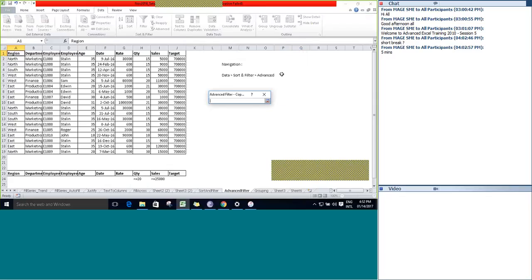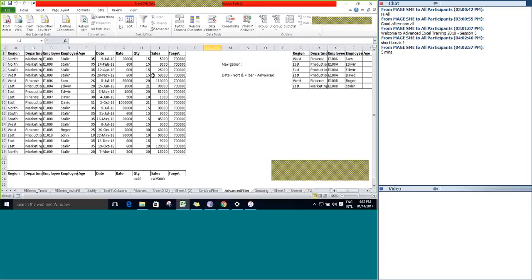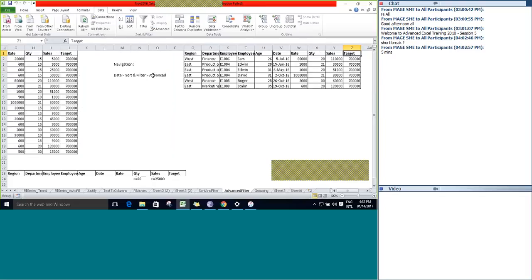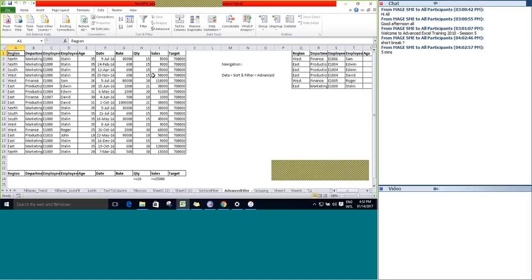Click OK. You can see that it won't disturb the master table. From here, it will extract the table based on our condition and then display it to the user in a separate location. So there are two different ways to achieve this concept of advanced filter. Apply advanced filter to the master table itself, or copy the data from the master table to some other location based on the criteria we supply.